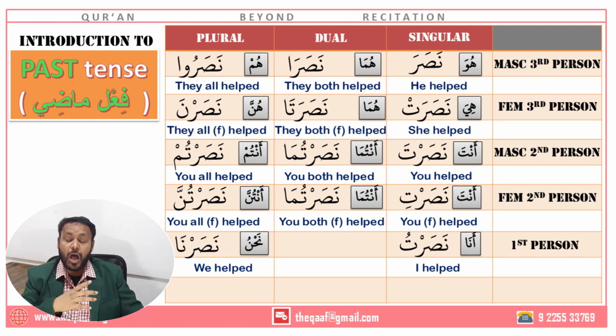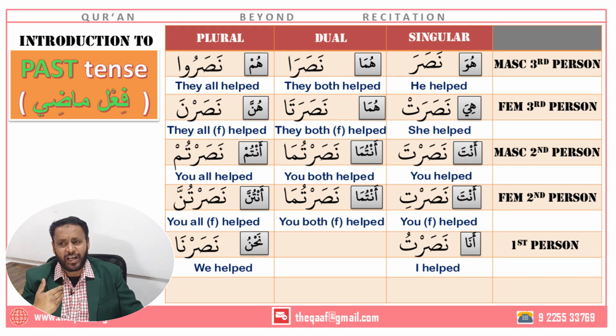Nasara, nasara. Okay. Then nasaru. Then nasarat. Then alif: nasarata. Oh, now the female plural. Okay. So they put a sukoon on the last root letter and their seal is na. All in all it becomes nasarna. Okay, and after that it is just the ending of anta, antuma, antum and anti, antuma, antunna. So nasarta, nasartuma, nasartum, nasarti, nasartuma, nasartunna.